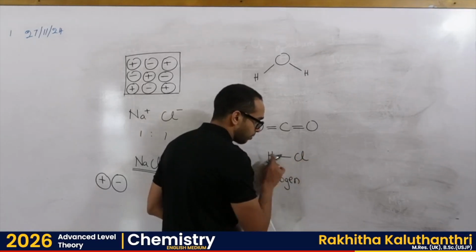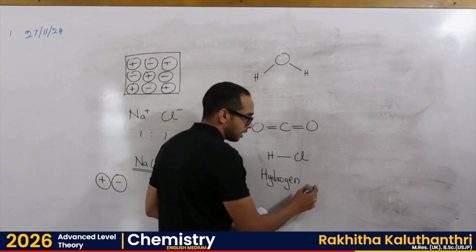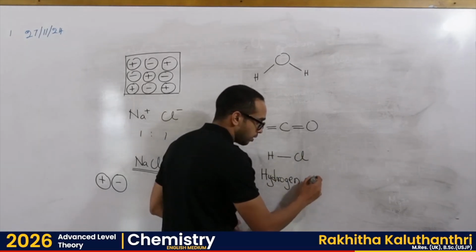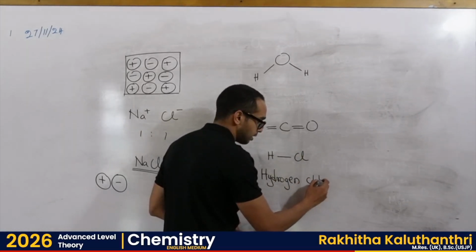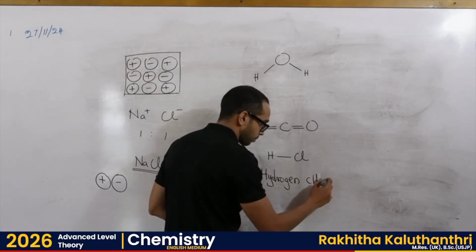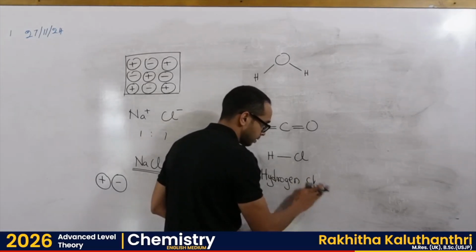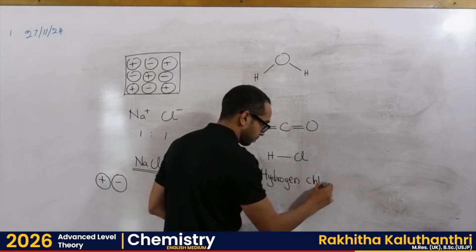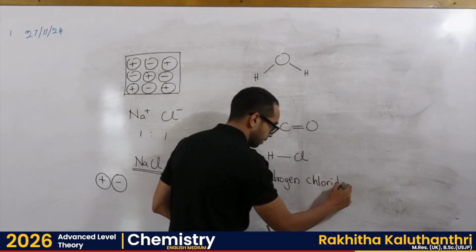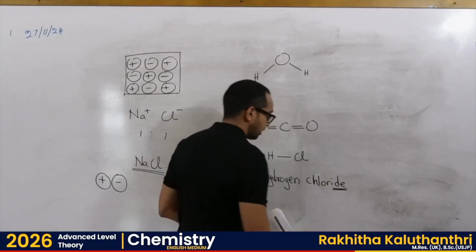The name of the negative oxidation state element is going to be modified with the addition of IDE. Bear with me a second, students. So we have this IDE ending, just like in